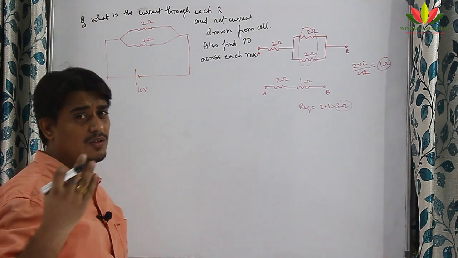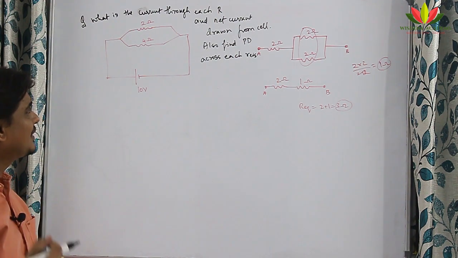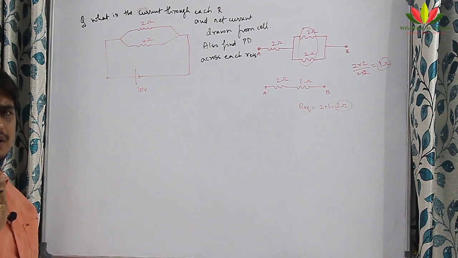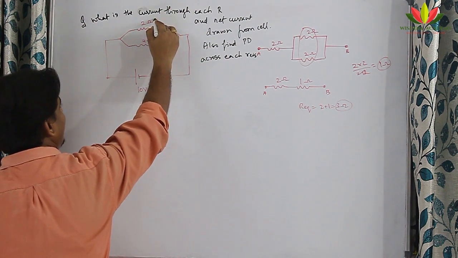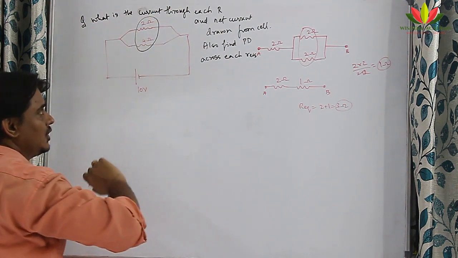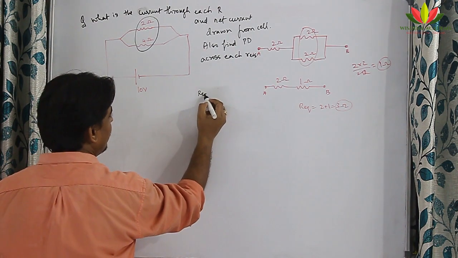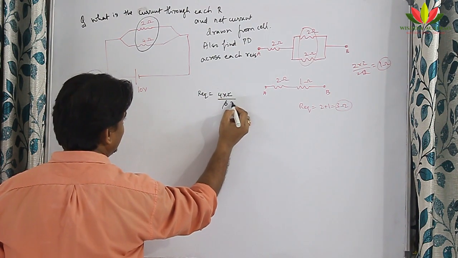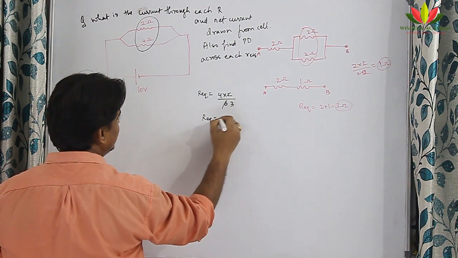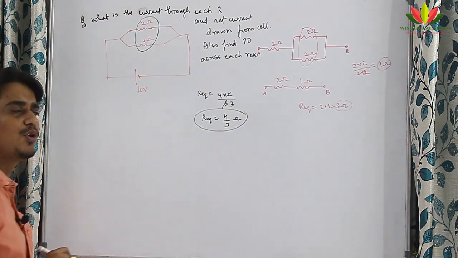Now, how to solve this kind of question? There are two methods of solving this. One is the very basic method which you studied in your 10th standard, and the other method is the ratio current method, and I will tell you that also today. So first method, how will we do it? First we will find the equivalent resistance of this circuit. This 2 and 4 are in parallel. So R equivalent will be equal to 4 into 2 by 4 plus 2, which is 6. 2 3s are 6. So R equivalent is 4 by 3 ohm.